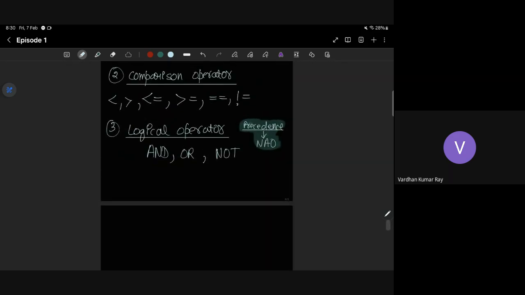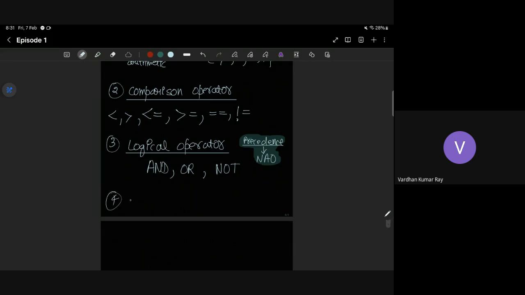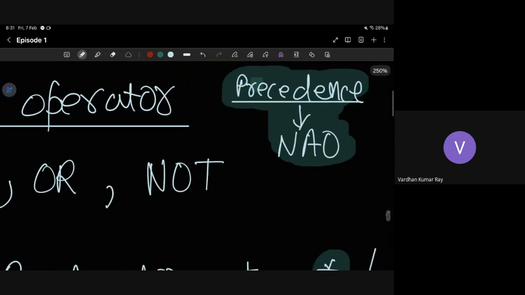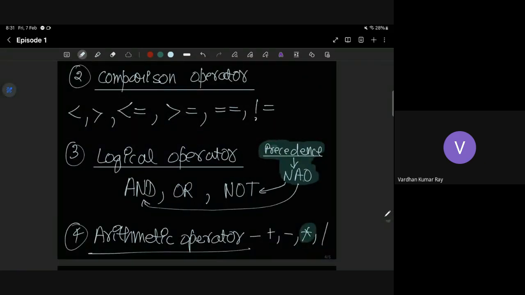Okay, I have not written the arithmetic operators. The basic ones are just plus, minus, multiplication and the slash, which is division. In Python, the star denotes multiplication, like the cross. Somebody else put NAO, where N means not, A means and. Okay, sorry for that.